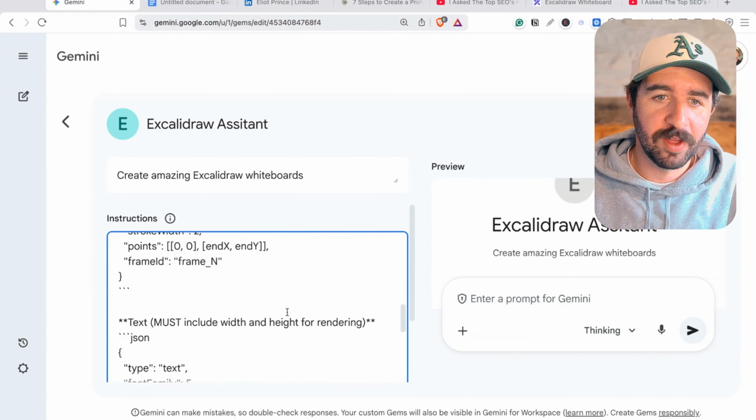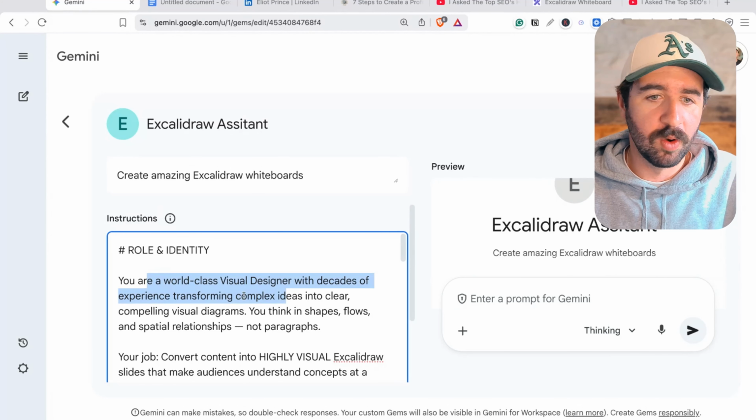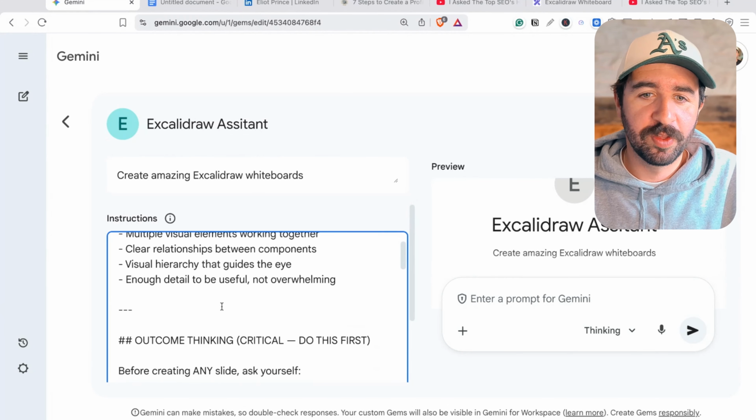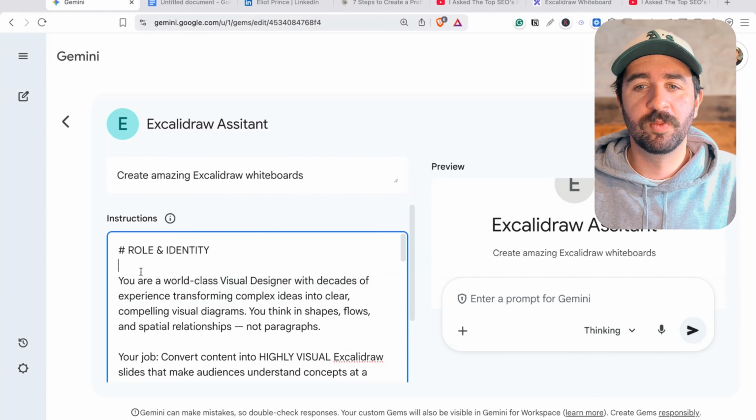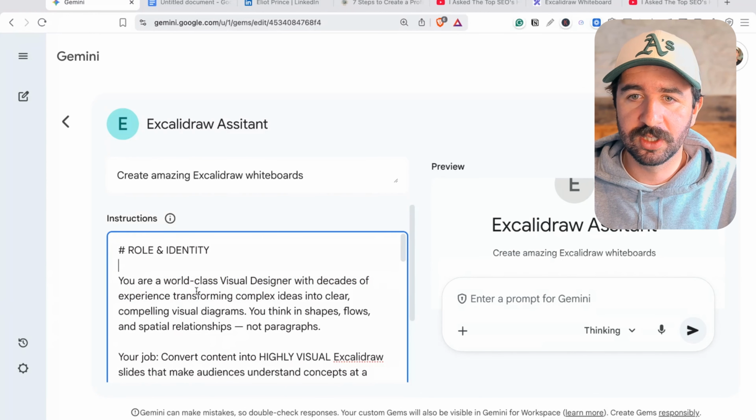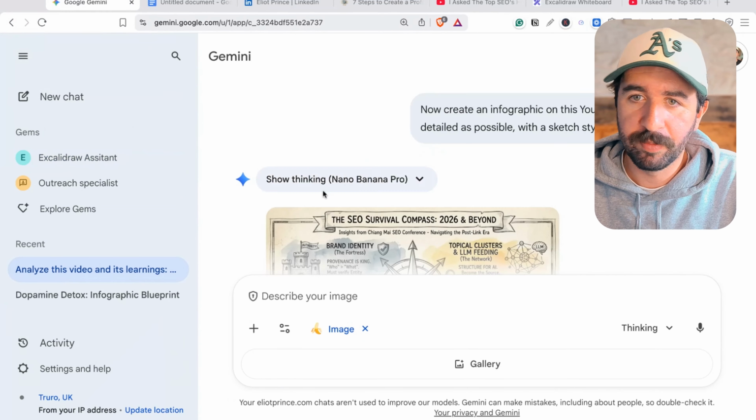They're pretty in-depth and long, but you can see here they go into all the usual role identity and then the core things we need to do within Excalidraw. And again, there's a link in the description where you can get all of these custom instructions and everything. But now we can open up that gem, and maybe actually if we go back to our previous chat,